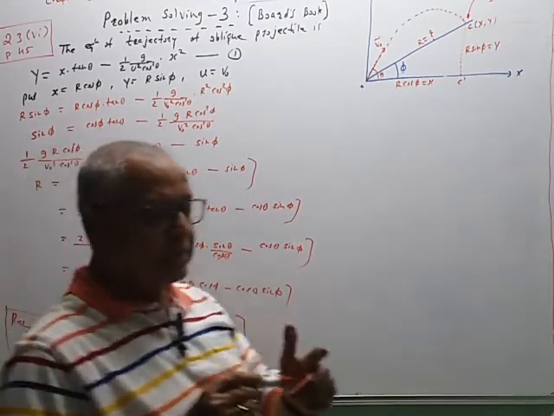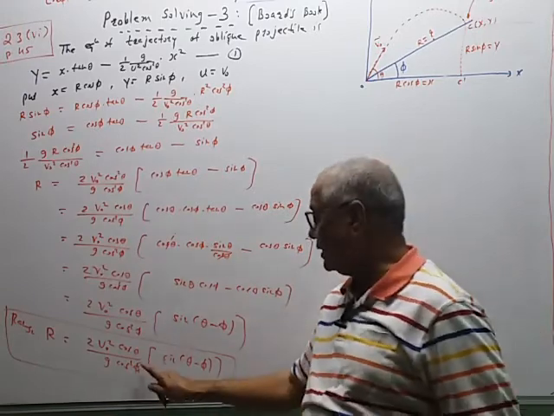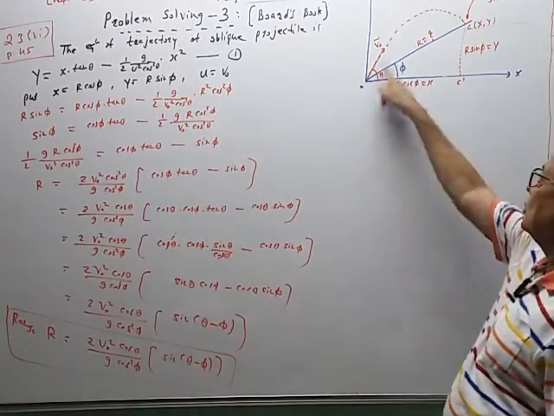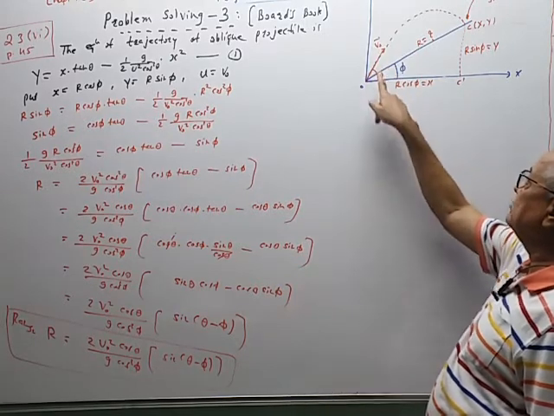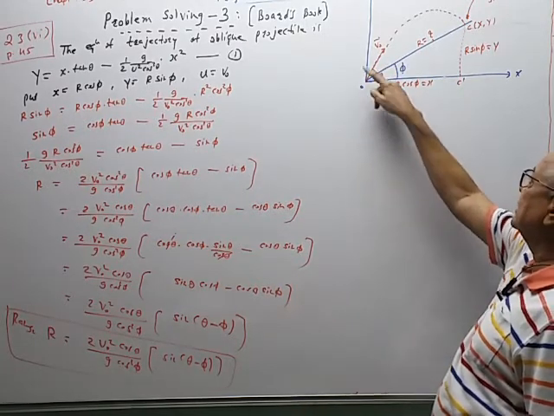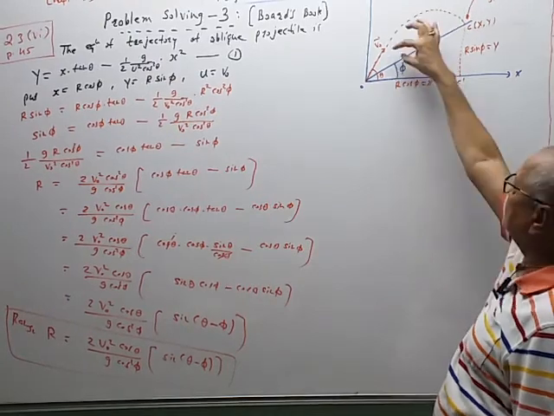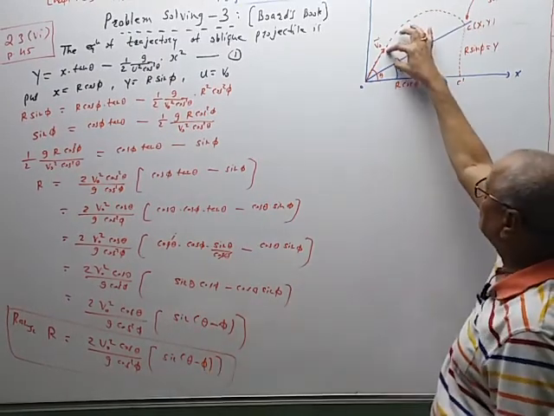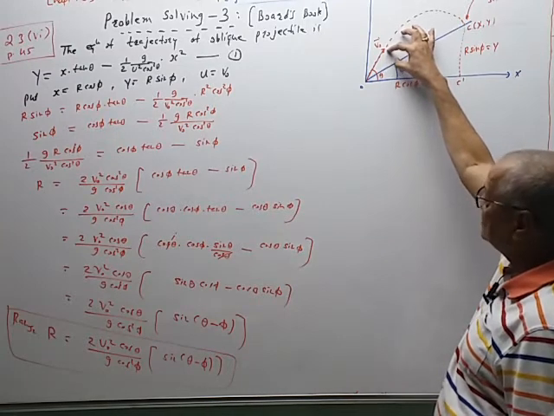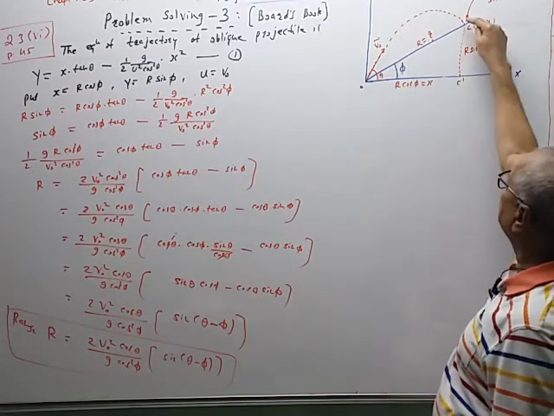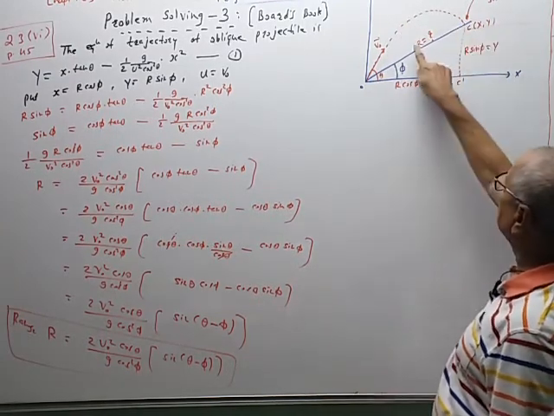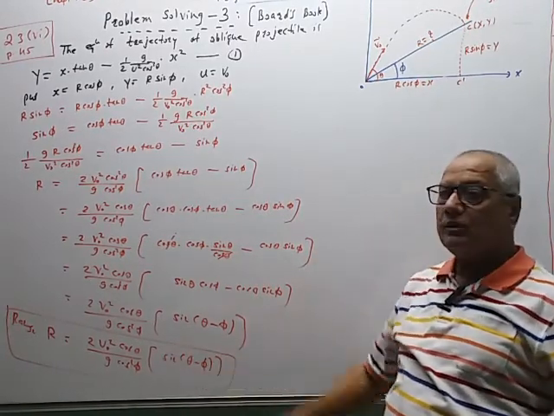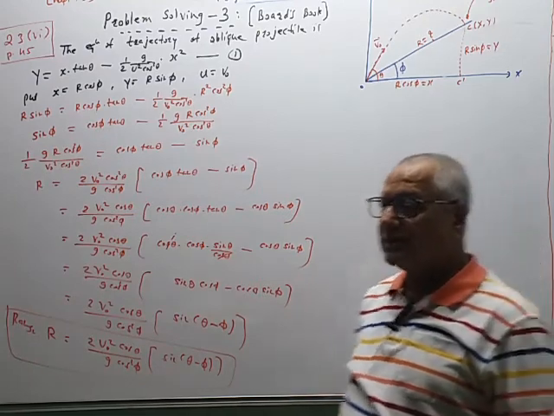So when the plane is inclined at an angle phi, and a body is projected with initial velocity v0 making an angle theta with the horizontal, then this angle is theta minus phi. So it will reach at point C. So O to C, this is the R, and this R is given by this equation. So we have proved this relation. So this answer is given.